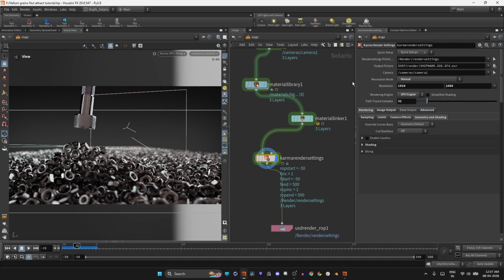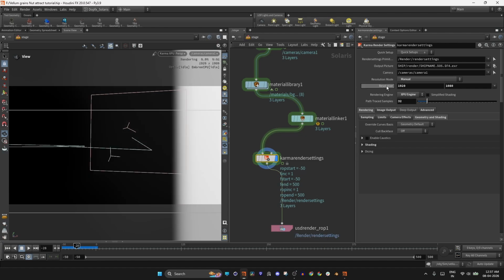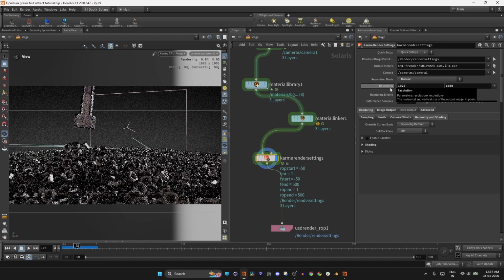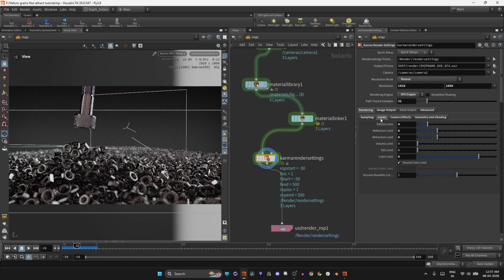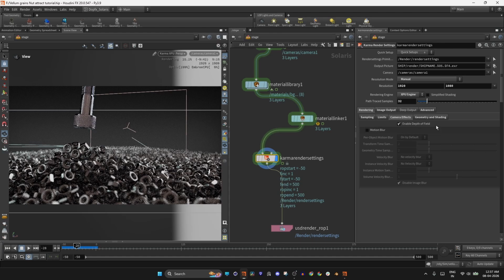For the render settings, I have kept the resolution to HD. I'm using the XPU engine. Path traced samples set to 32. Here are my settings. Under camera effects, I have enabled depth of field,